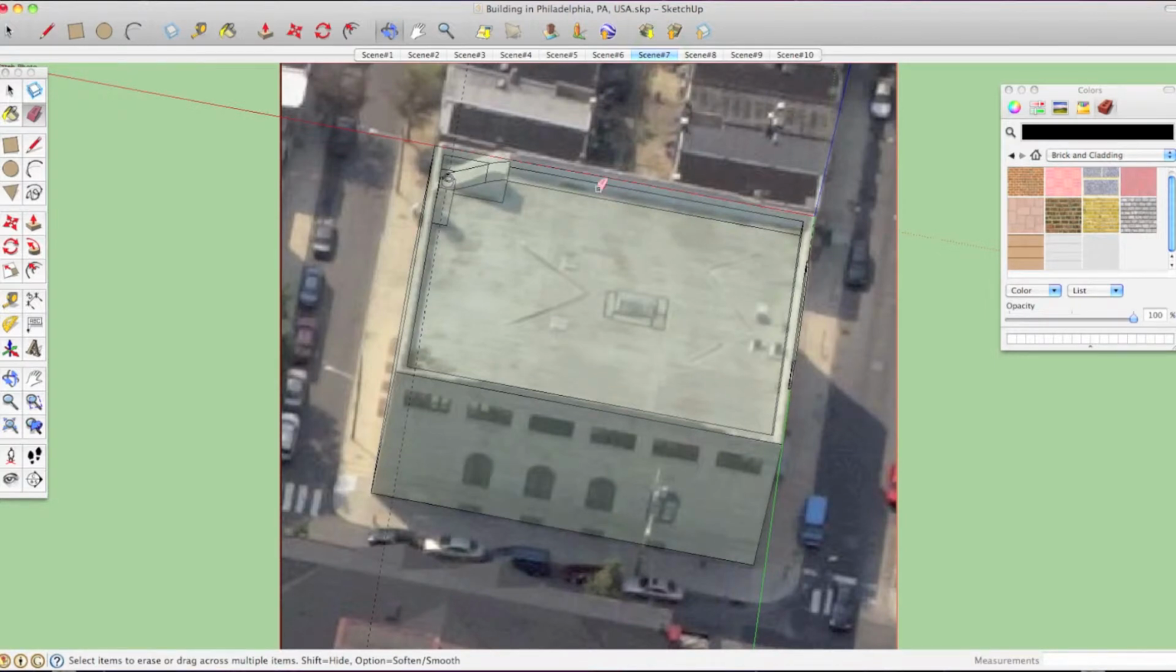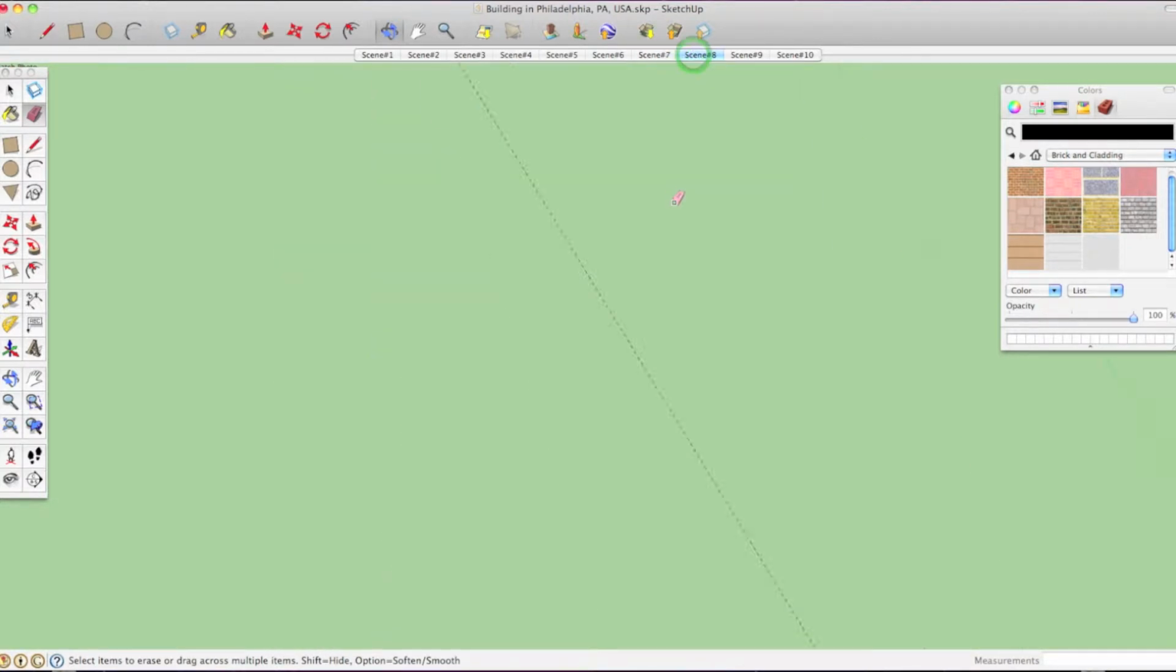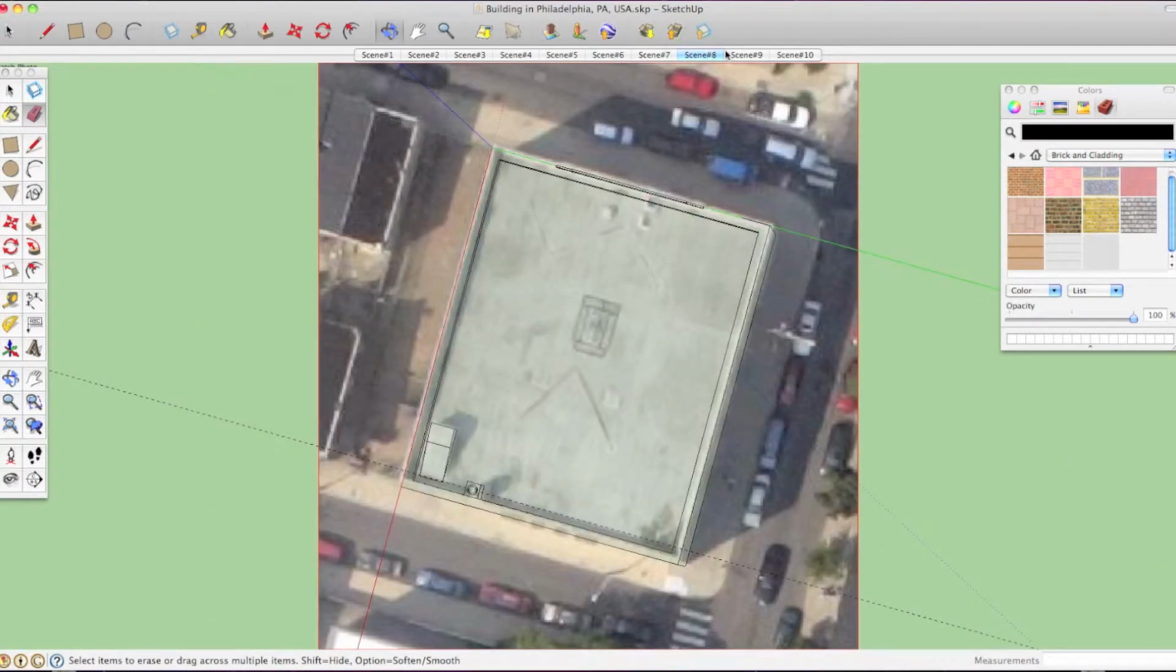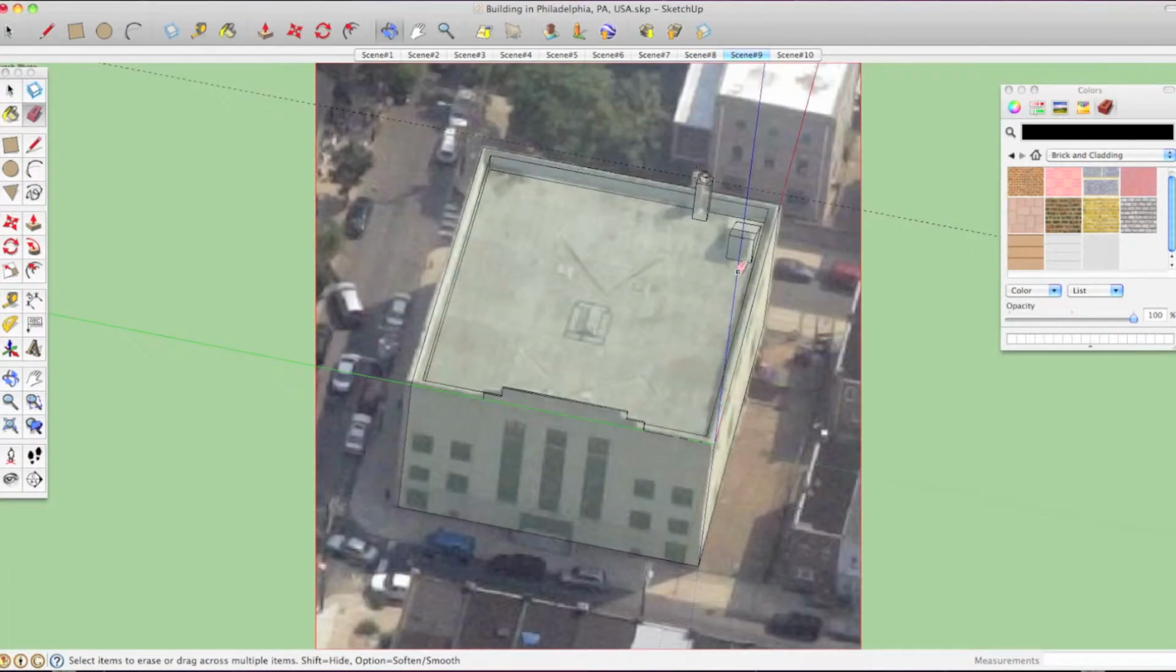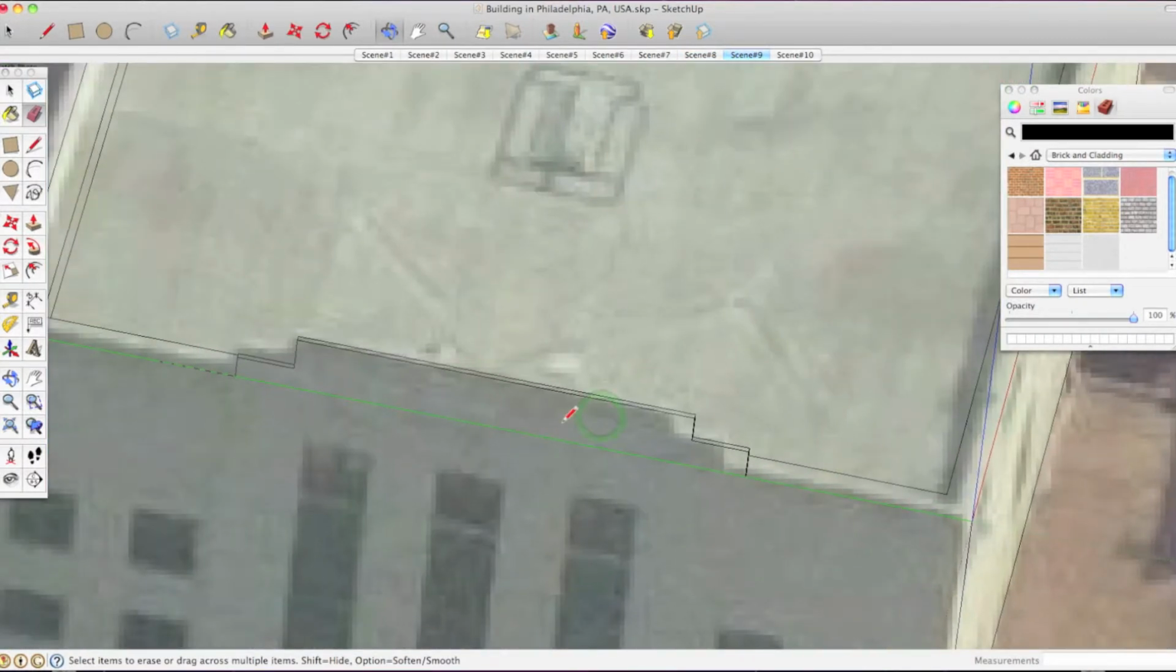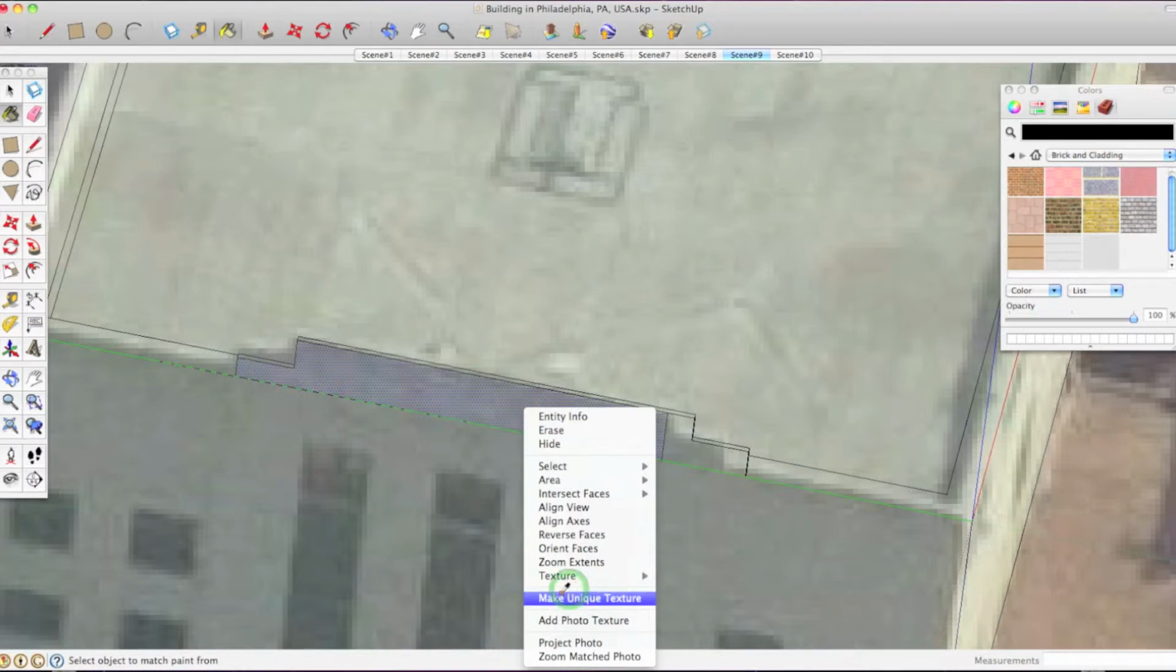So we are looking for a good photo to model that little gable in front. That one's not bad. So I'm going to redraw this line here. I'm actually going to draw it from here to here. And I'm going to click and drag it over here so that I'm able to just get this little piece here. And we're going to do the same trick I've been doing. Make unique texture,